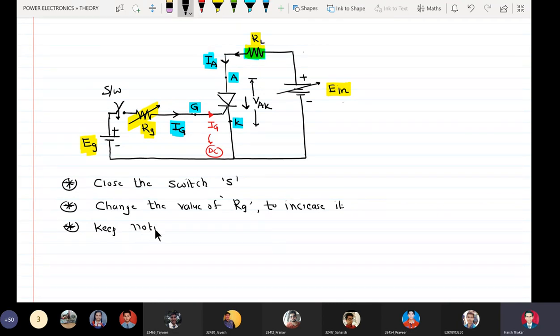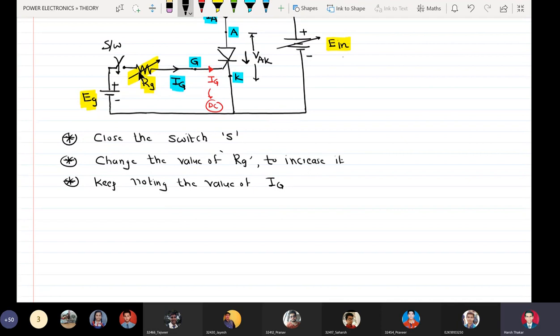Keep noting the value of IG. So what I'll do, students, is add one ammeter in this circuit. I'll add a milliammeter with these polarities, and this ammeter is going to indicate the value of gate current.